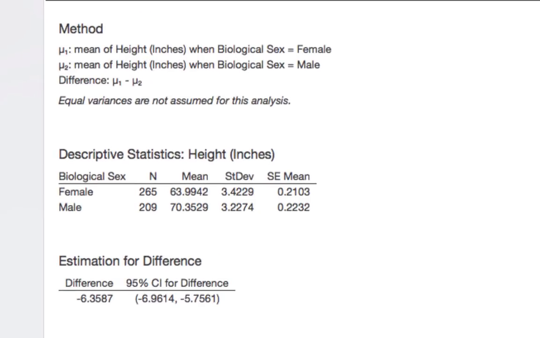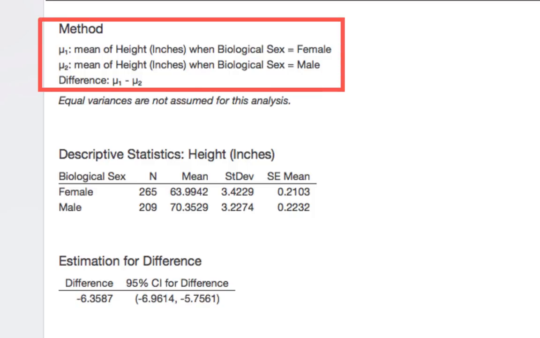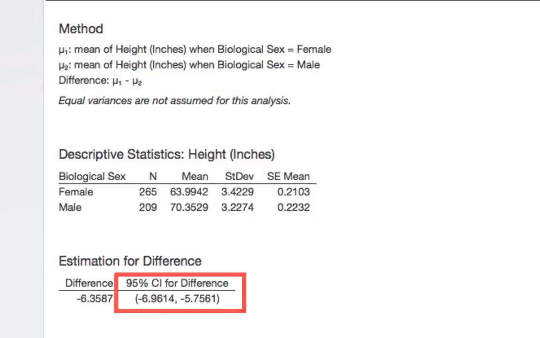interval. We click OK. One difference you'll see here is that in Minitab Express, by default, it goes in alphabetical order. So here it's taking females minus males, which we can see at the top that it's calling mu sub 1 the female means and mu sub 2 the males means. So our confidence interval here is the same numbers, but in a different order, a negative, because we're taking the mean of females minus the mean of males. So now it's negative 6.9614 to negative